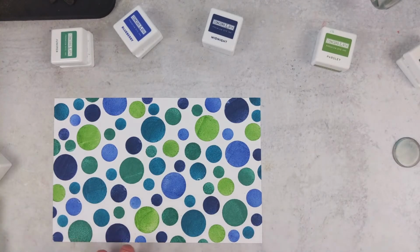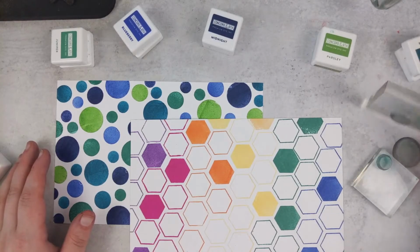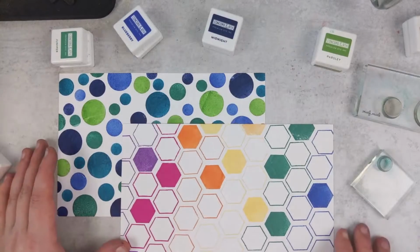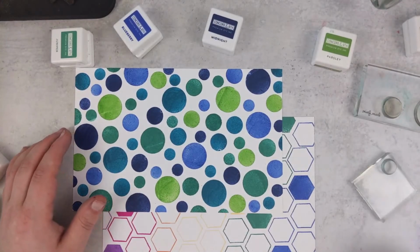So we have this patterned paper and we have this patterned paper, and you can create any kind of patterned paper that you want with your stamps. These are just very simple, basic shapes, which honestly are awesome because you can do all sorts of really cool different patterns with this basic shape set. Like I said, if you don't have a basic shape set,